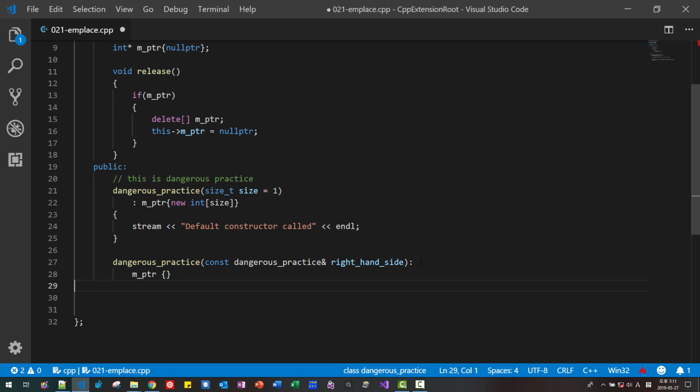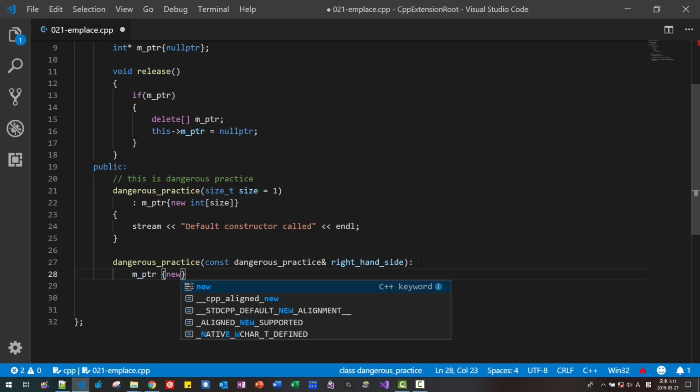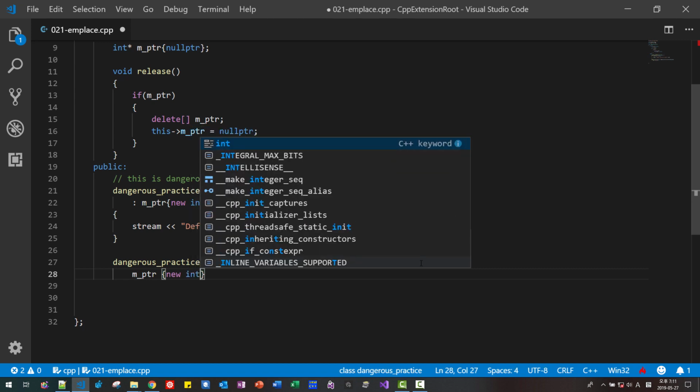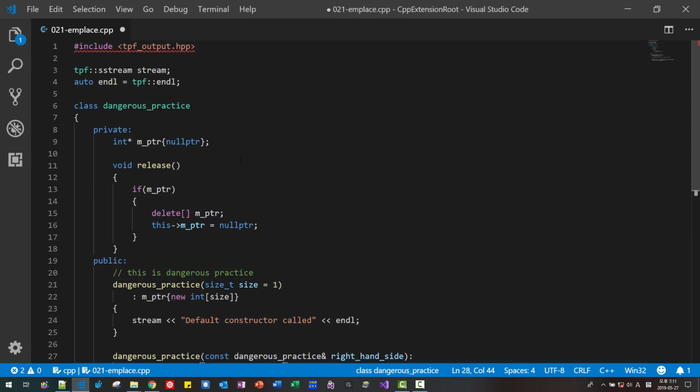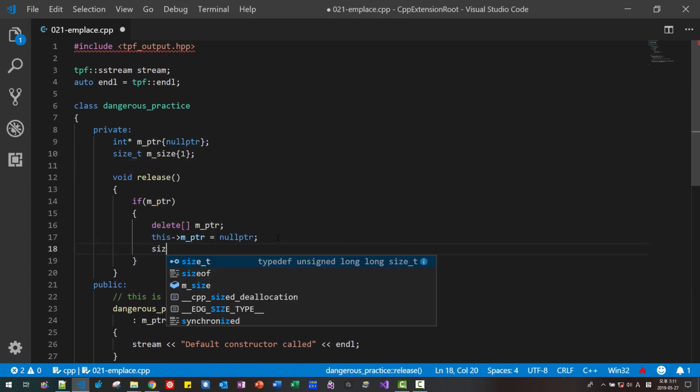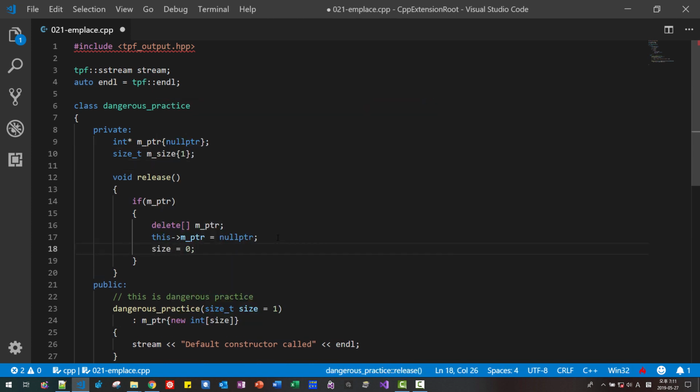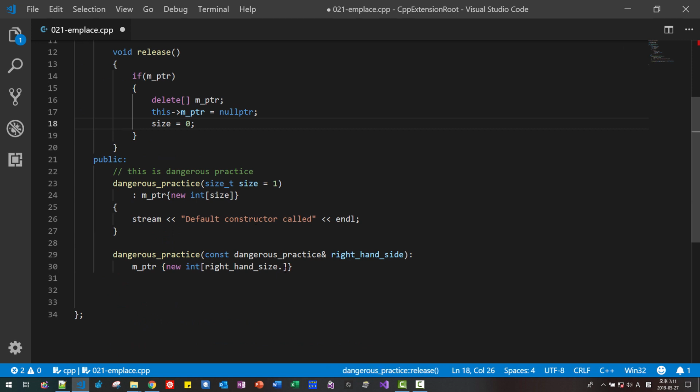We have to dynamically allocate a new int for the right hand side. We need a member function here, size_t size, which should be 0. Okay, then